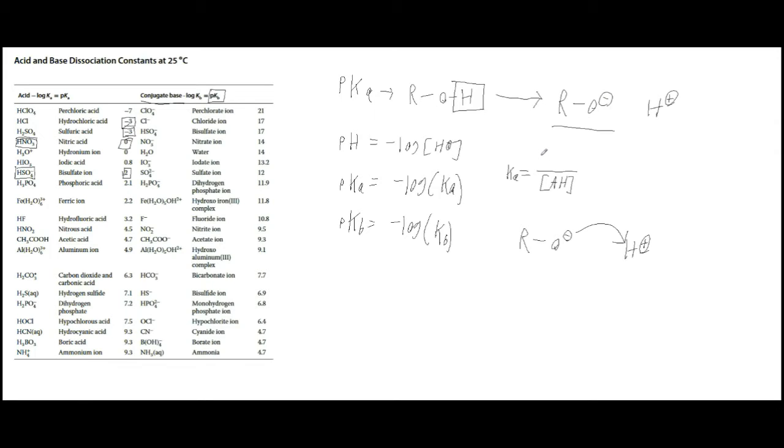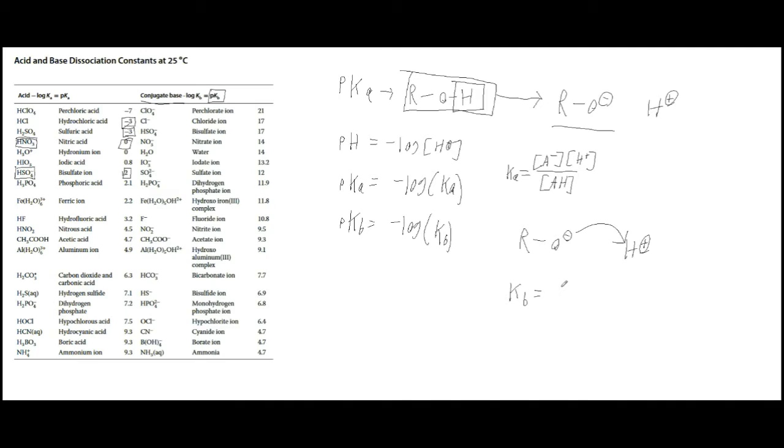Then in the numerator, we have our products, so this right here was similar to this species here, where the H is still attached. And then up here we have this detached, and then this detached. And so this is how we calculate the Ka,